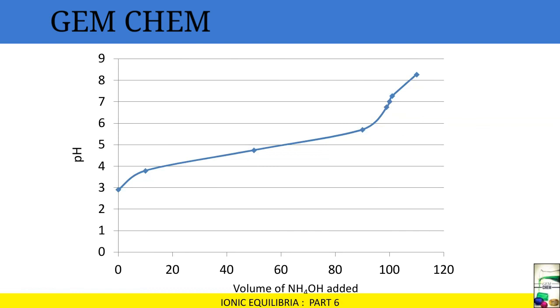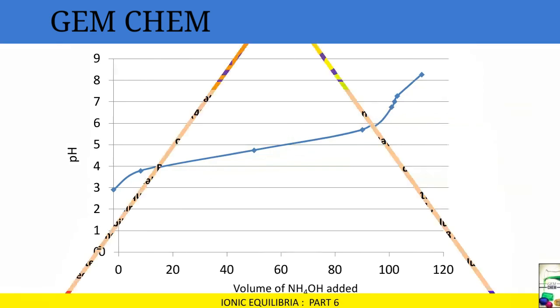So it is expected that no single indicator can produce a sharp color change for this titration. As such, this titration has no sharp indicator, so these titrations cannot be carried out using any single indicator. For this, we require a type of mixed indicator. Suppose a mixture of neutral red and methylene blue can be useful to give a sharp color change at pH 7.0, and the color change will be from violet blue to green. So this graph does not help us to obtain an indicator of our choice. So we require a mixed indicator, right?